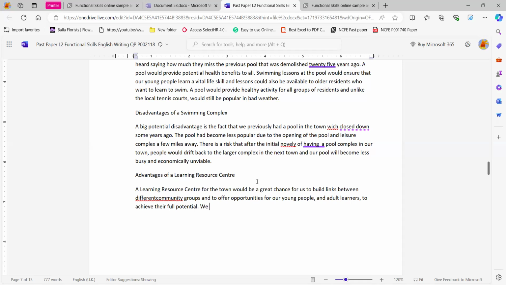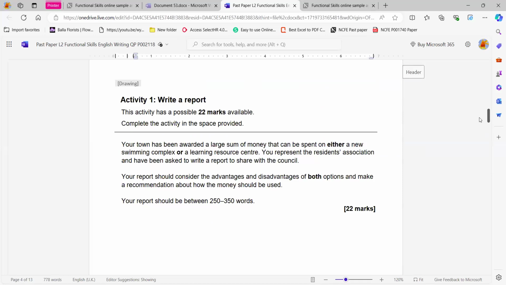So I want to include some bullet points here so I can show the assessor that's marking my test that that's another feature I know about and that I am able to use well and appropriately. So I'm going to use bullet points,